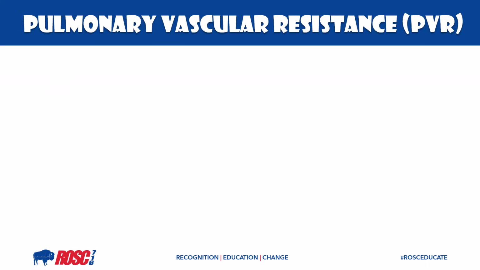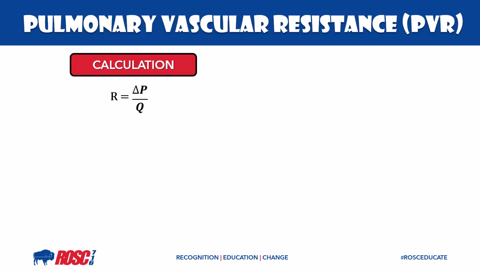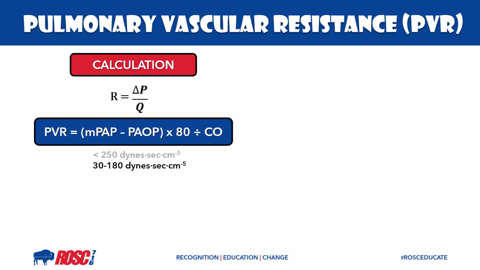With that said, the next discussion point is pulmonary vascular resistance, PVR. If we're looking for a simple definition, it's the resistance that blood has to overcome to pass through the pulmonary vasculature. And once again, the main component of that is vessel diameter. Again, this is a calculation. Again, we use resistance equals change in pressure divided by flow. And with that, PVR is equal to the mean PA pressure minus the PA occlusion pressure times 80